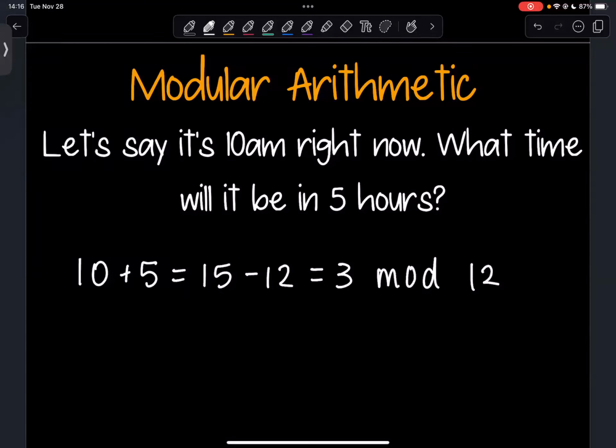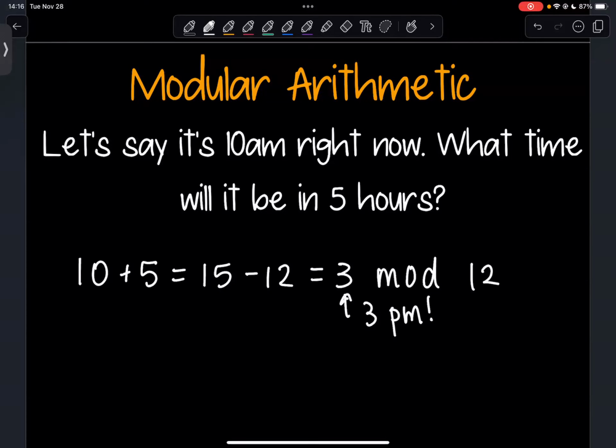So when we're thinking of a clock that just has 12 numbers on it, saying that it's 15 o'clock is the same as saying it's 3 o'clock. In this case, it's not as obvious what exact time of the day it is because mod 12 again does not tell you AM or PM. But we saw that it went past 12 here, and so that is going to give us a PM here. So this will represent 3 PM versus 3 AM.